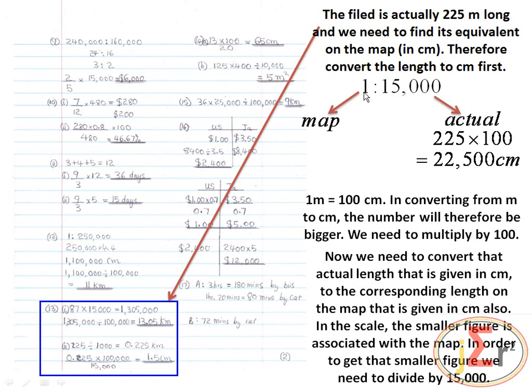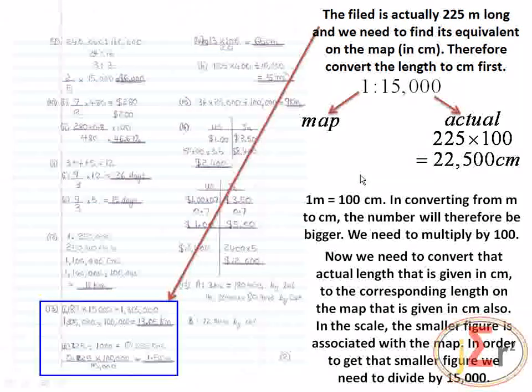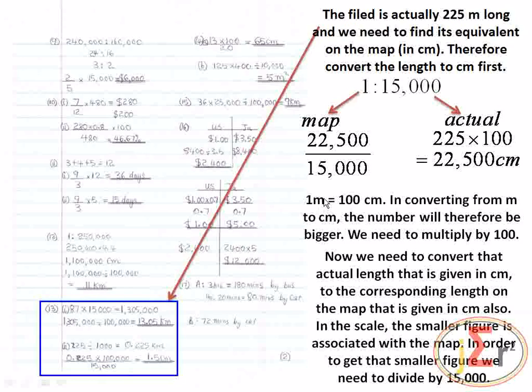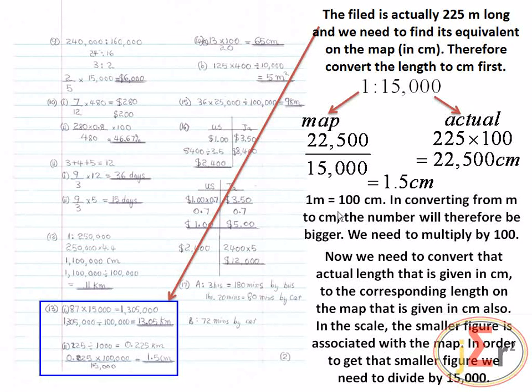So if we are going to the number or the corresponding length on the map, we will definitely get a smaller figure. Therefore, we will take this 22,500. In order to get a smaller figure, we will divide by this 15,000. So divide that by 15,000, and what do we get? 1.5